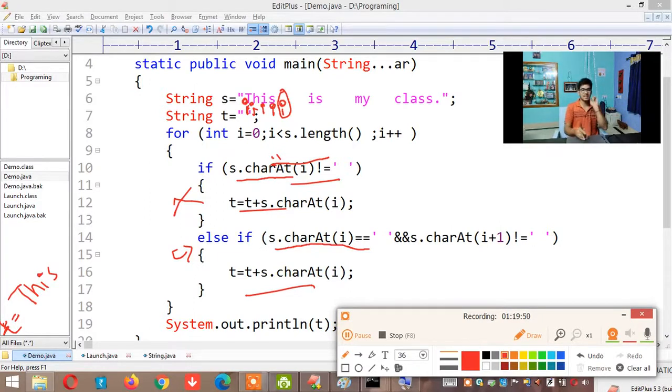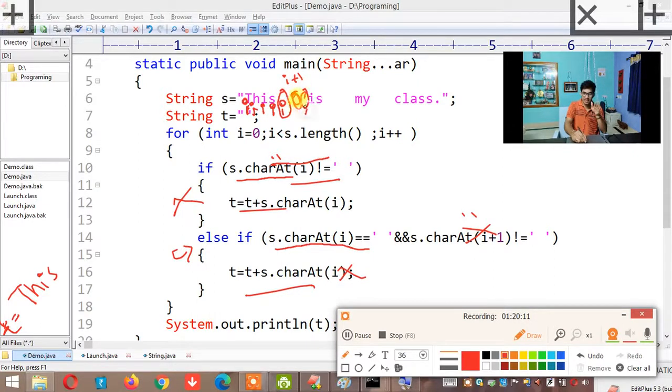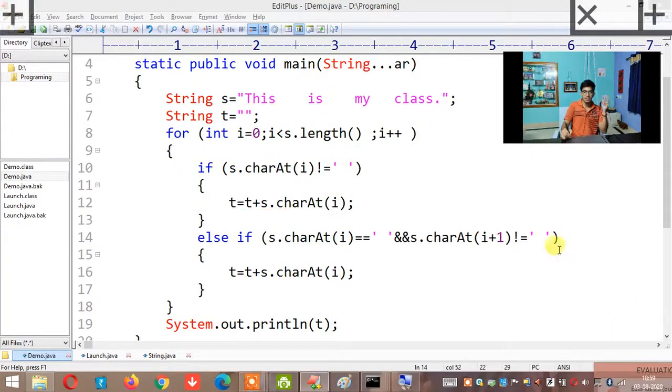It is telling, but the i value is this. What is the i plus 1th character? This is the i plus 1th character, right? The i plus 1th character is also space. Is space, no? So here the condition is false. So nothing will execute here. I will increment. This is space and next is also space, but in this case this ith character is a space, but the i plus 1th character is not a space. So I hope you have understood. So this is our program to remove multiple spaces.